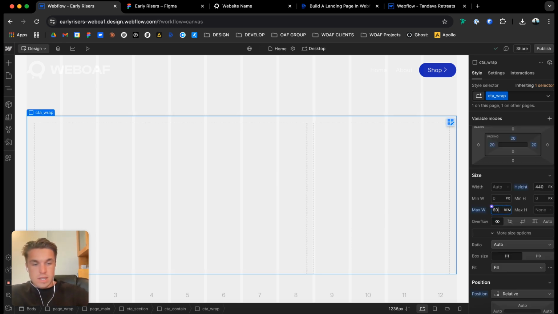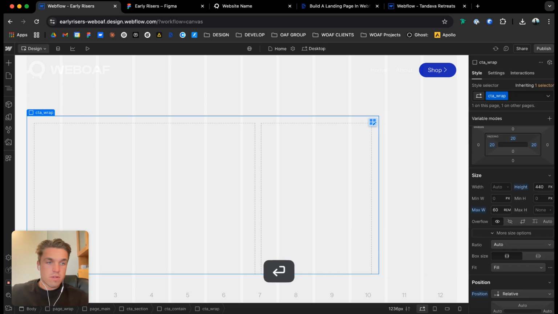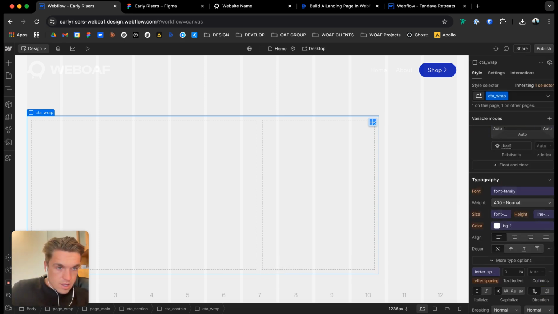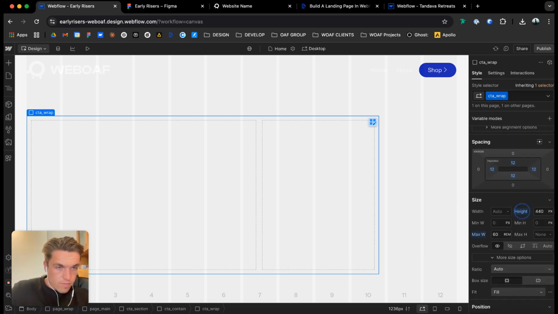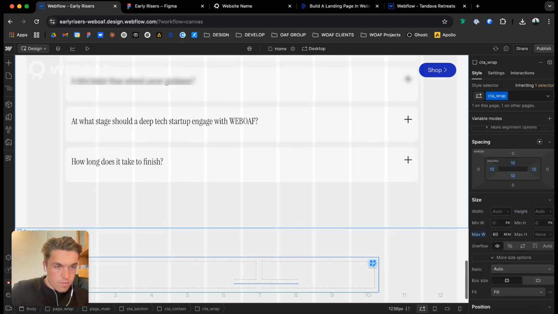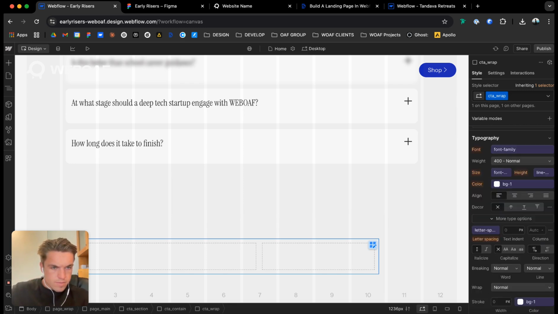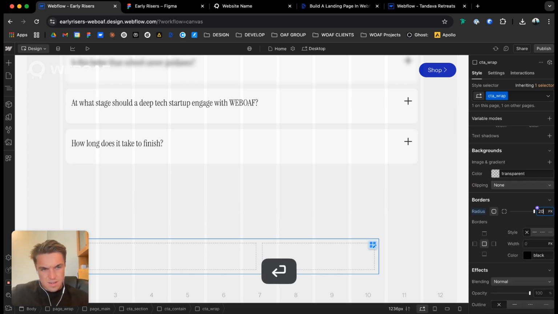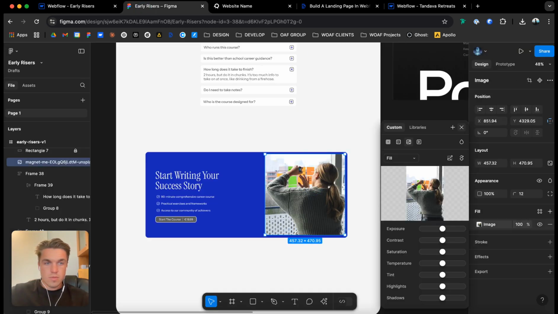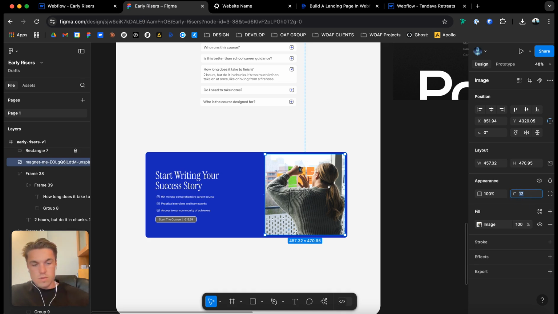So that's got 60, it's got 12. And then I think that would make the corner radius 20, and then let's just export this 12